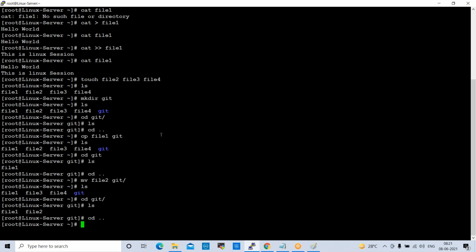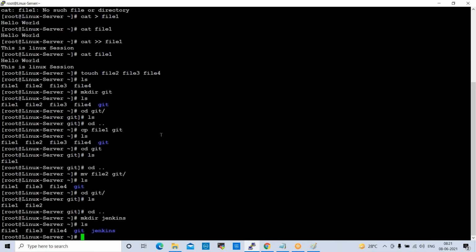Next command here is copying directories. Copying and moving directories is also the same way. So we create one more directory and we can move or copy it into the git directory. So mkdir jenkins is the directory.